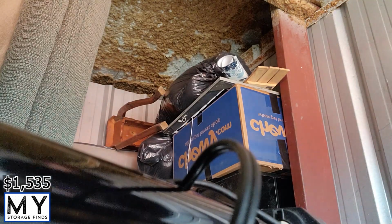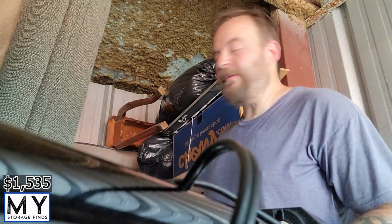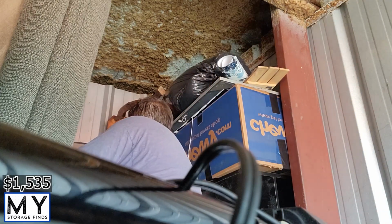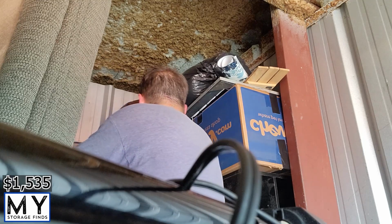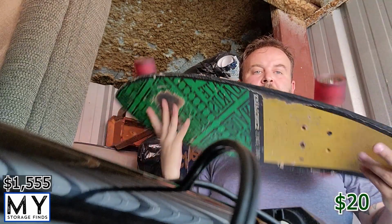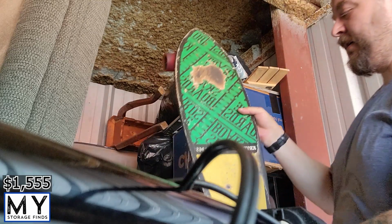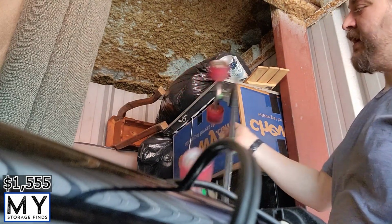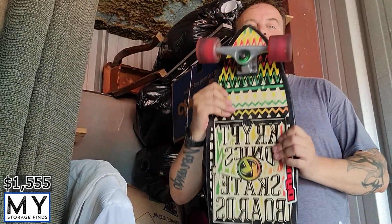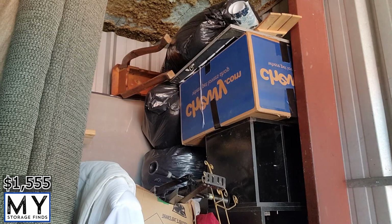All right, so we got that stuff out of the way. So we should be able to now reach. I want to get the longboard real quick. So we got a skateboard. It's used, but these tend to go fairly well. This one, you can tell that it was definitely used. But all right, so like I said, skateboard, and then